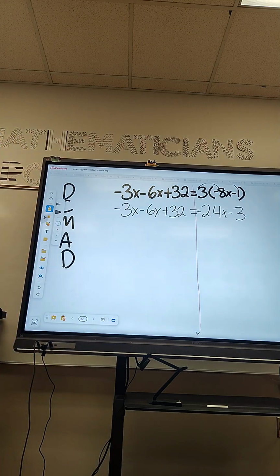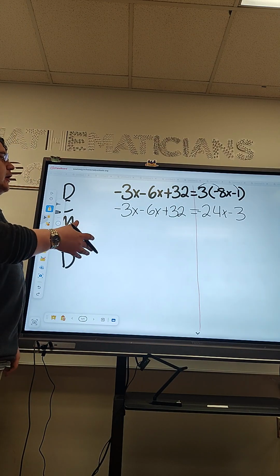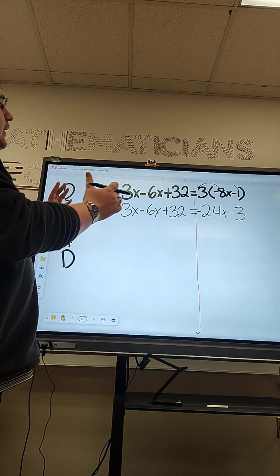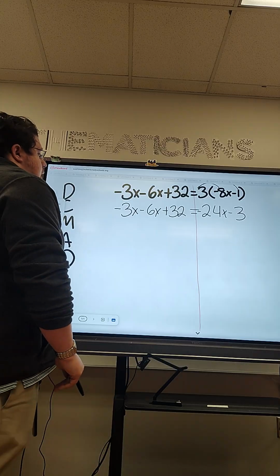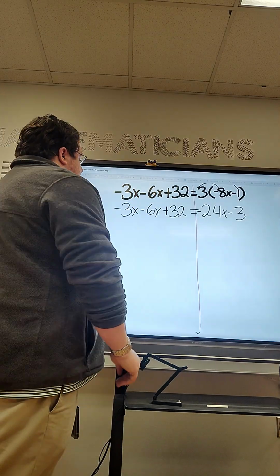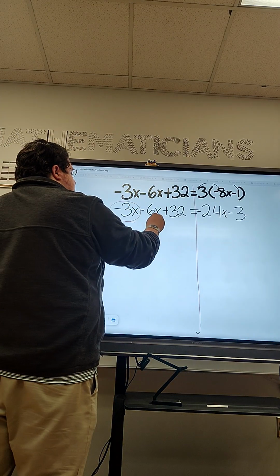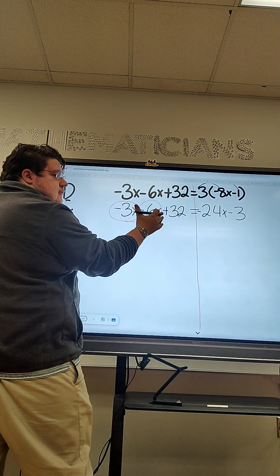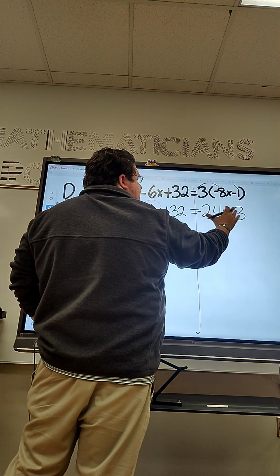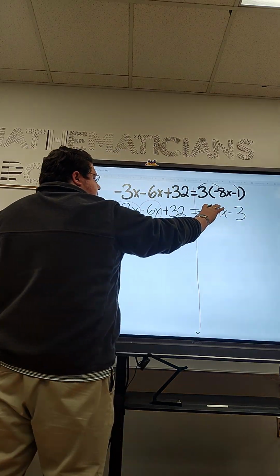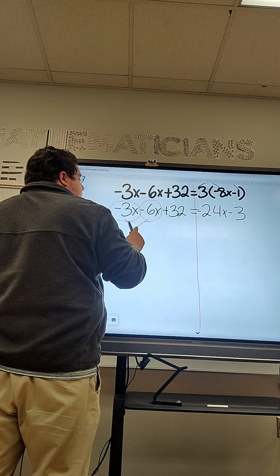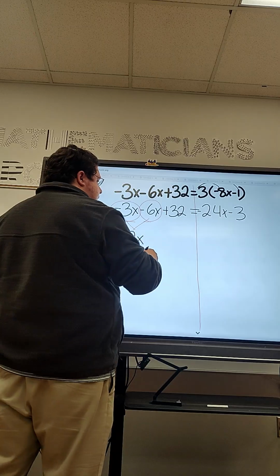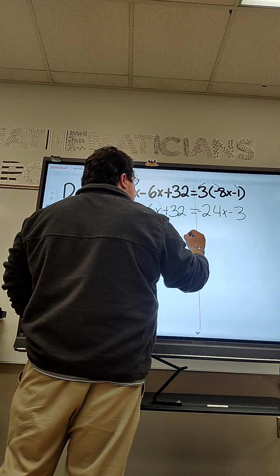Now for combining like terms. This is something I forgot to actually say to you guys in the combining like terms portion. But when we are combining like terms, we're looking at one side of the equal sign at a time. So on this left-hand side, I can combine this -3x and this -6x, right? I can't combine this 32 with those because it doesn't have an x. And same idea over here, right? These two things can't combine. So when I combine these two things together, I'll get -9x. And whatever I don't use, I'll rewrite. Plus 32 equals